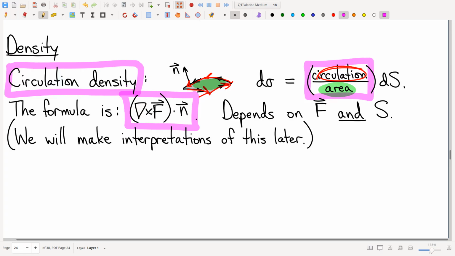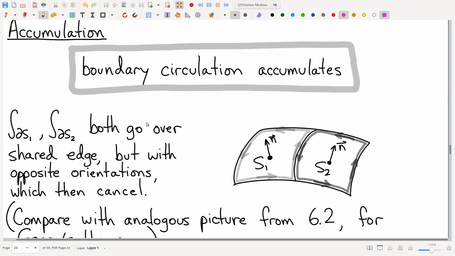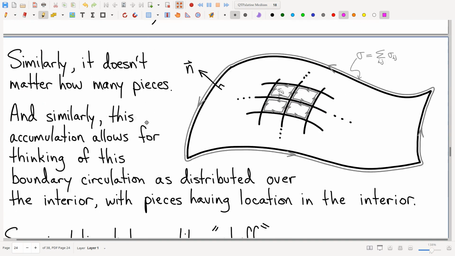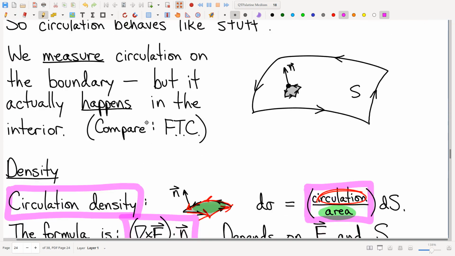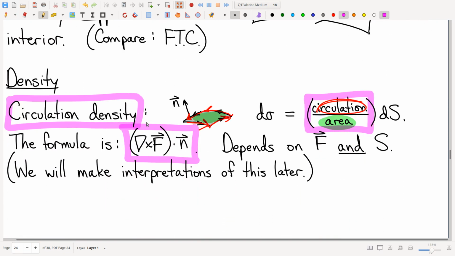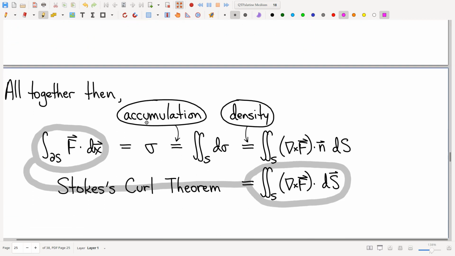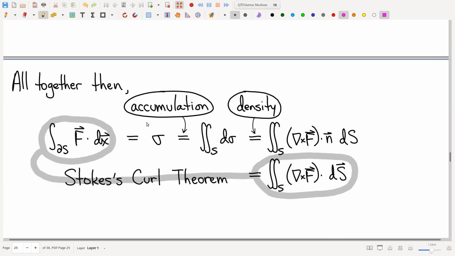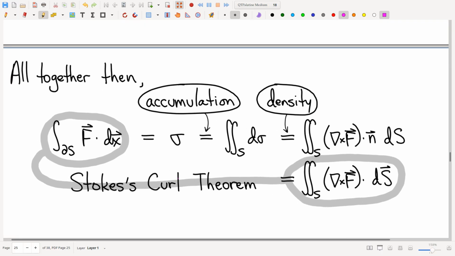For the moment, I just want to put it all together and write down a theorem and do an example, and let's cross the finish line and put one in the win column, and then we'll come back and make interpretations. So again, a quick reminder: we have an accumulating quantity. It behaves like stuff. Has an associated stuff per unit size. And then we put it all together. So putting it all together,